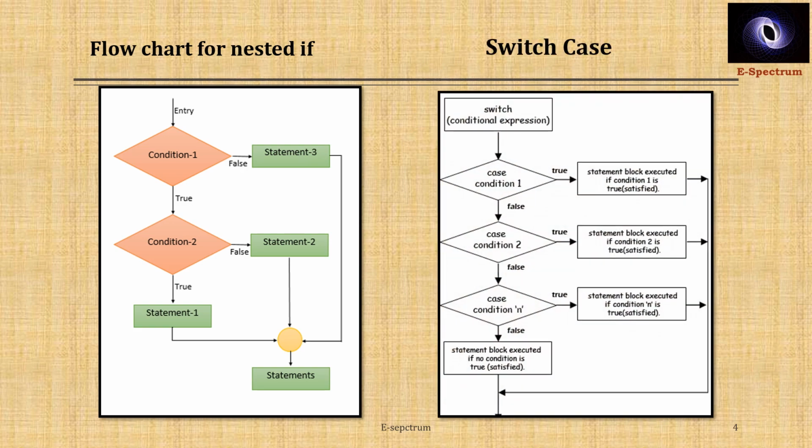Another example we can have is a switch case, where depending on the option which the user gives, I will directly go to that particular condition. So if it is enter choice 1, I will execute the first part. If it is enter choice n, I will execute only the code required when condition n is true. This is an example of switch case.